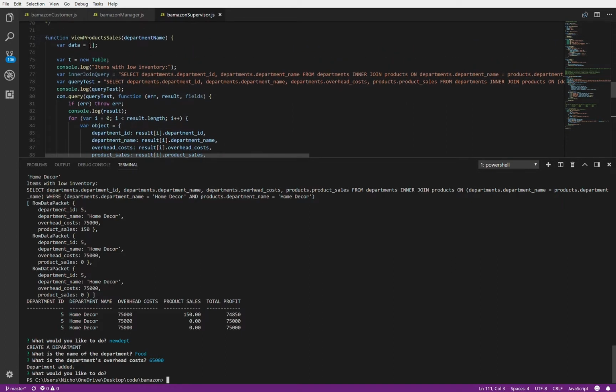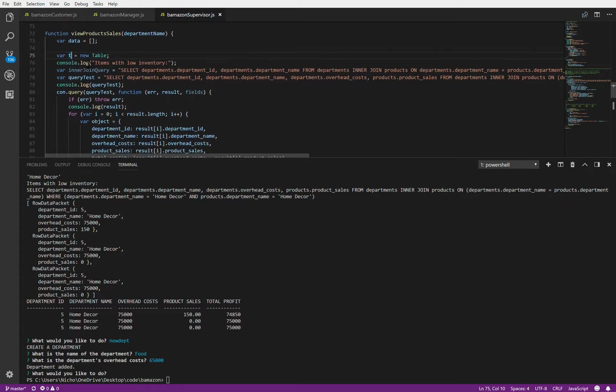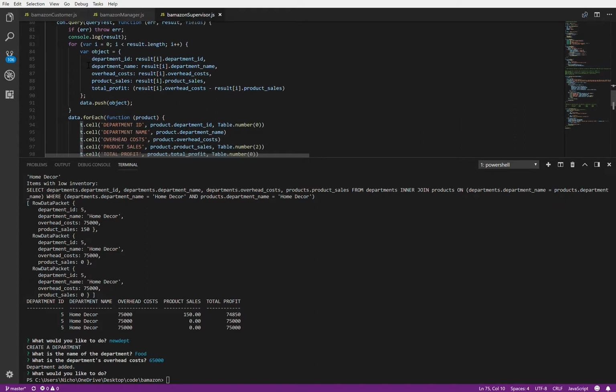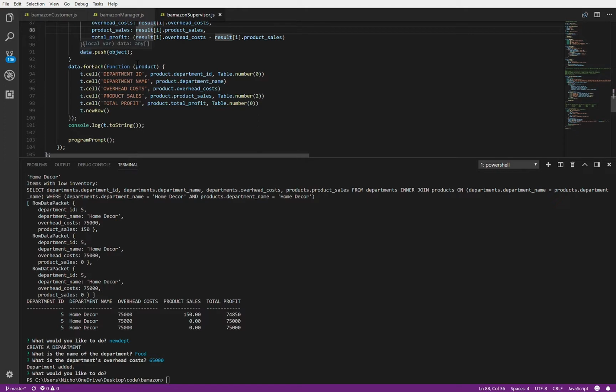You start with an empty data array, and then T is a new table object, and you're going to push the data from your MySQL database into the data array, and then you use that data to populate the table. And that is a very useful tool, I think, for showing data in